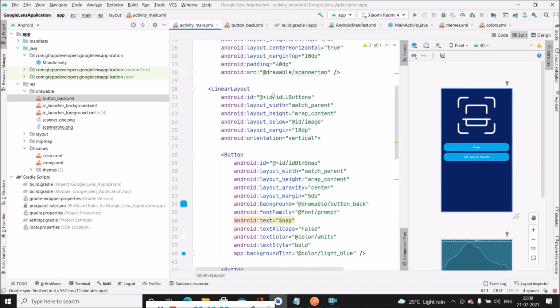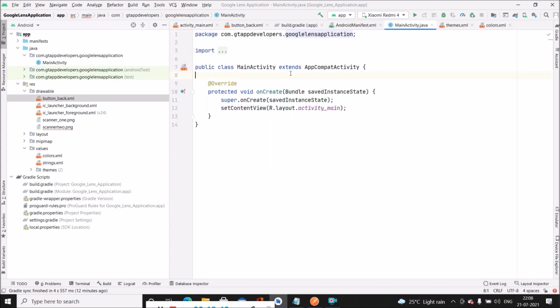Now we will be initializing these buttons and recycler view and image view inside our main activity.java file. So here we will simply create variables first.